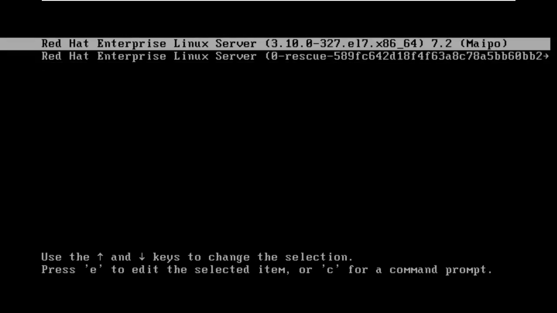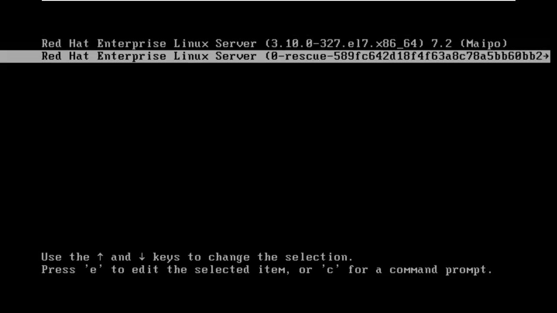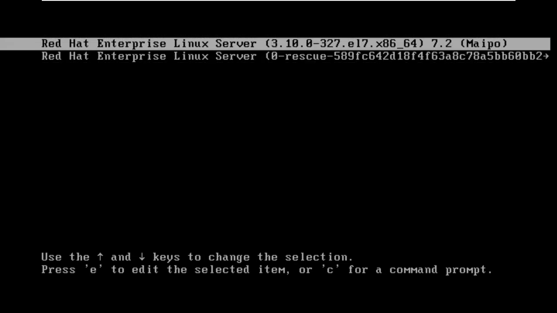Now when your machine starts and your system is already installed, and you don't have a DVD in your DVD drive, or you have not selected the DVD drive as your first boot device, then when your system starts, it will give you this option. This is this RHEL system. It gives you these two options here. By default, the first option is selected and it waits for only 5 seconds. If I don't do anything in those 5 seconds, it will go on to select the first option and start it.